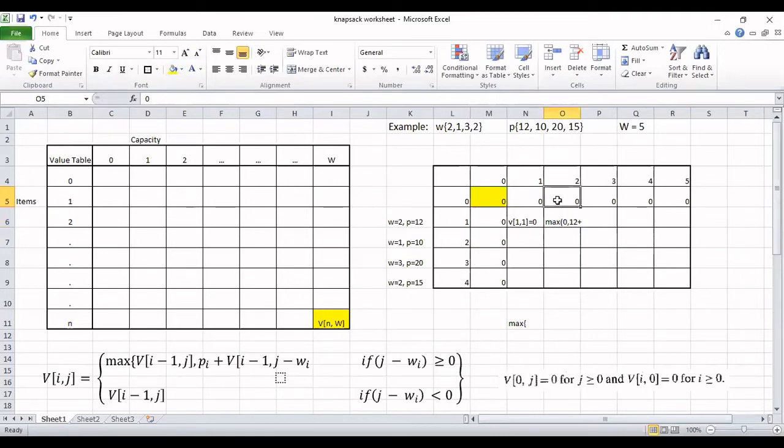This cell value and this cell value. Fine? These two cells we are trying to consider in this. You can see this highlighted. So V of I minus 1, J is the previous row, same column element. Then 12 plus, that is nothing but the price of the item, plus V of I minus 1, J minus Wi. So our equation becomes